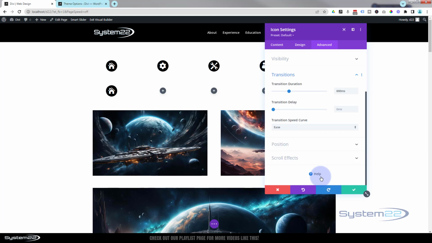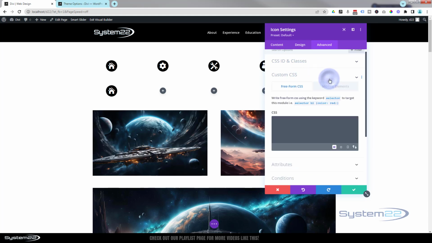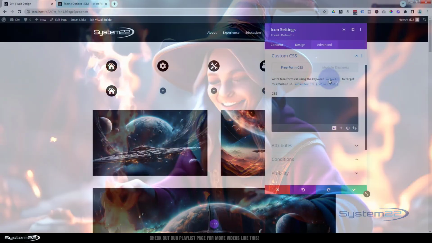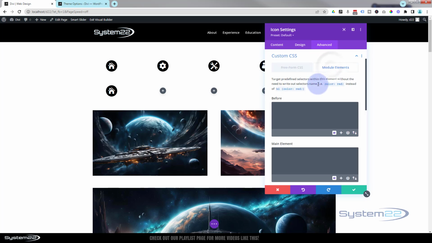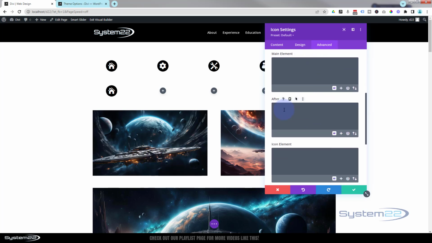Great. Well, while we're over here, let's write a bit of CSS and we'll put the names in. So still under the Advanced tab, I'm going to go to the Custom CSS panel, and don't let that put you off. Really easy. Once in the Custom CSS panel, I'm going to go over to Module Elements. We're going to do like we did for these images yesterday. Going to go down to the After pseudo element, and these names we're going to actually type in as an